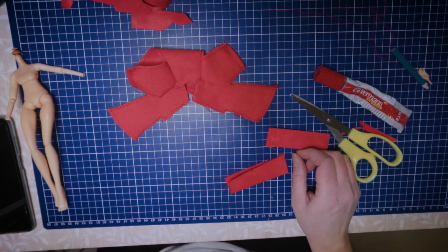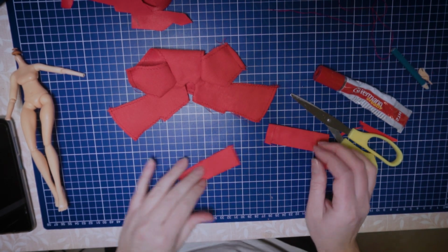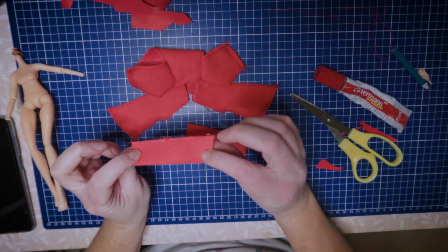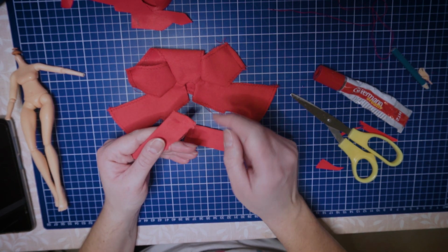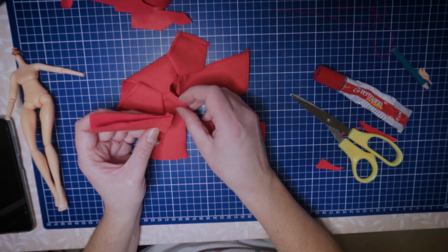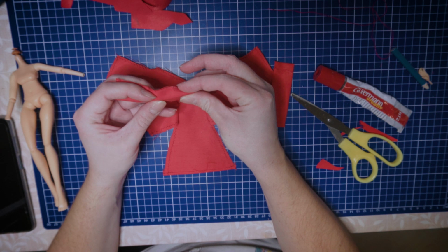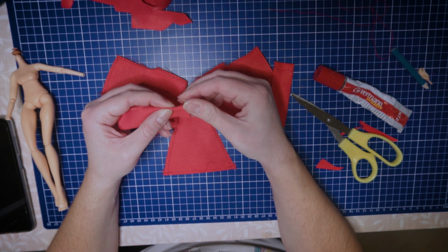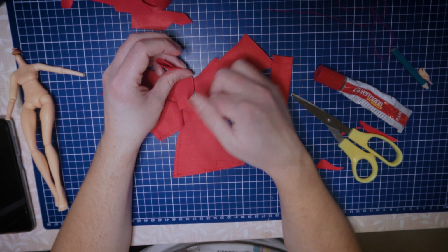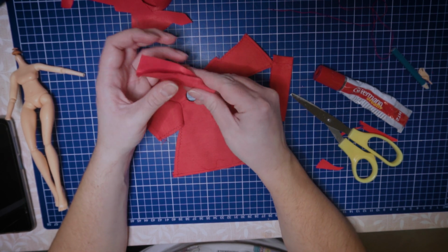I don't want any seams to show on the collar, so I made these two folded pieces of fabric that I also folded so you don't see the ends, and I'm going to now take the iron and make a fold like this and then glue them on to the neck hole, so to speak. Yeah, we'll see how that goes. Well,